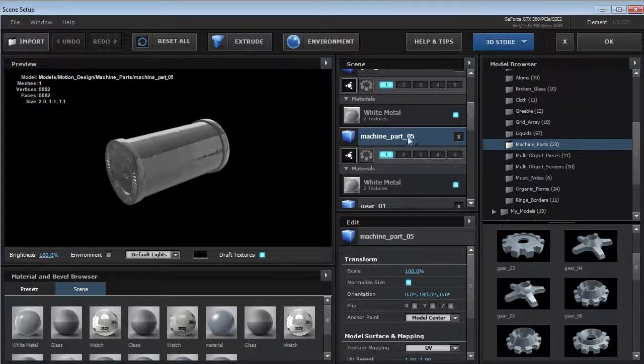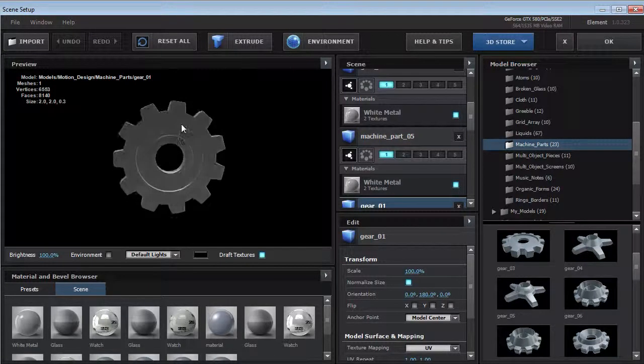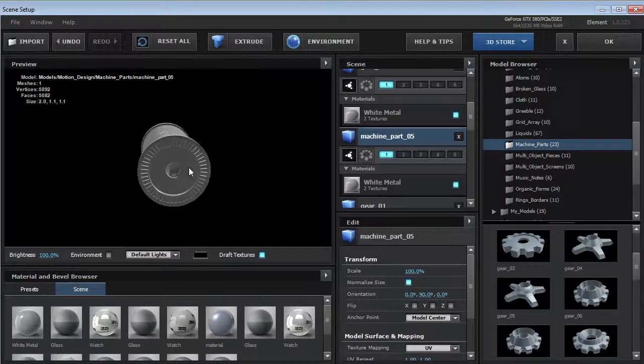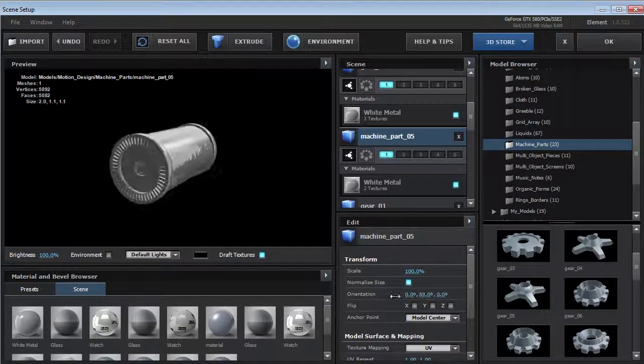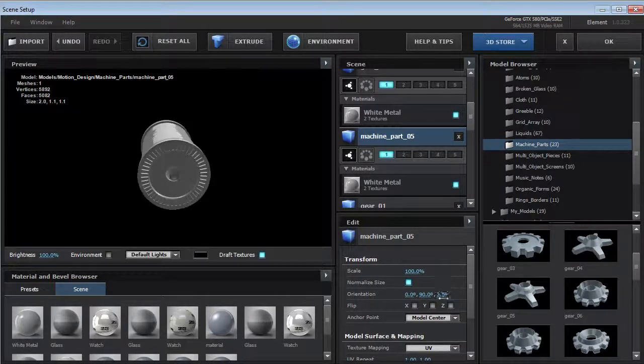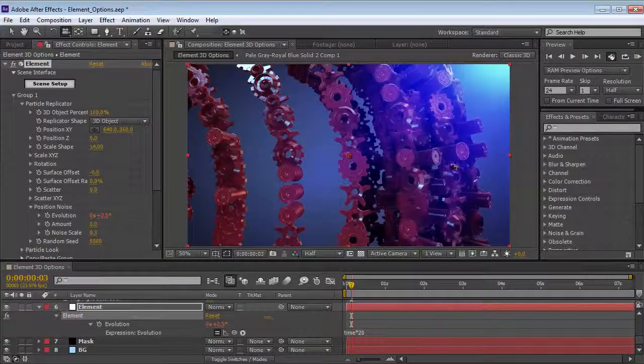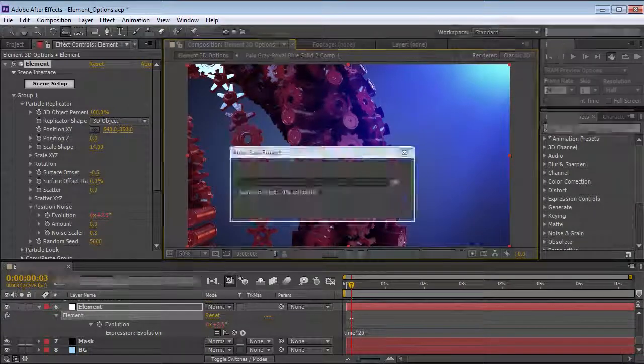So it's rotated the wrong way. I want it to be flat towards the camera. So if you click on the object, we have some rotation options here. And we can say set this to 90 degrees. And so now it is facing us like the other gears. And you can rotate this any way you want, depending on what kind of object it is. And then we hit OK, and so now all those objects are facing away from the surface of our 3D